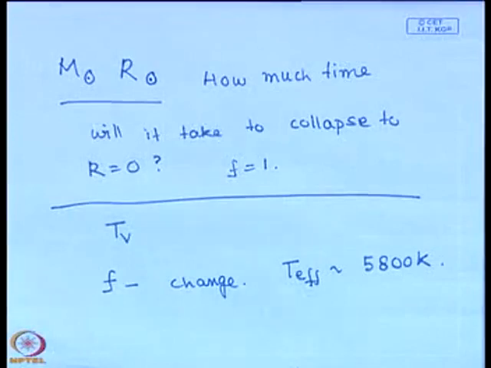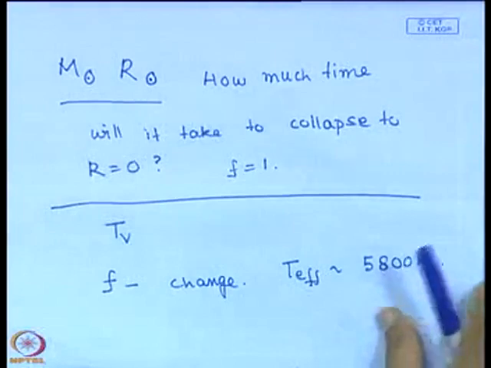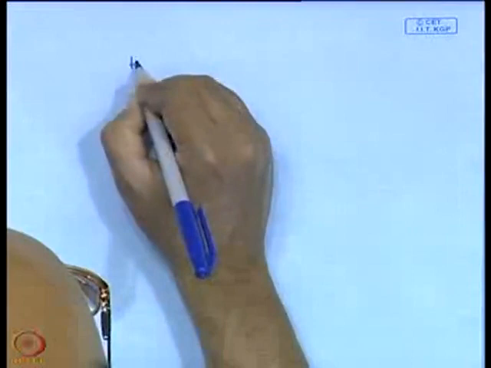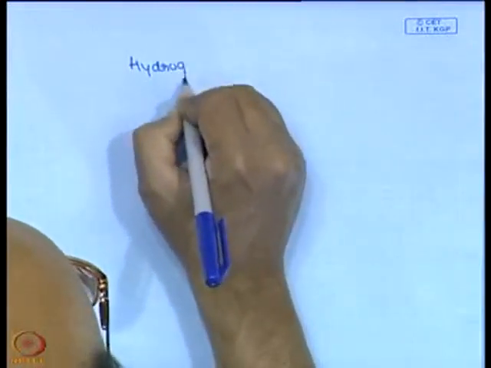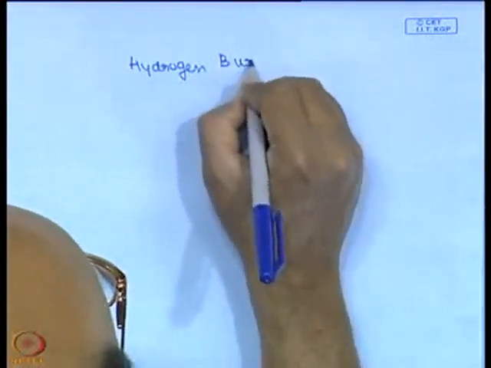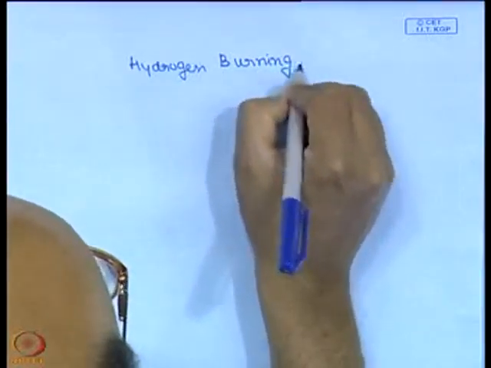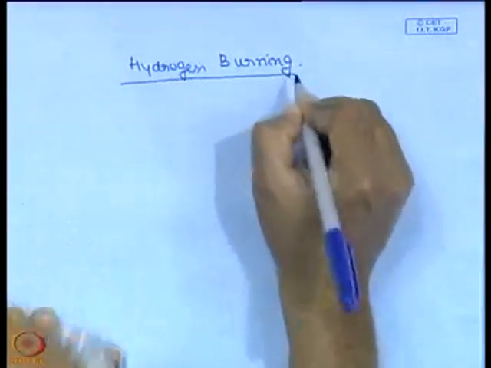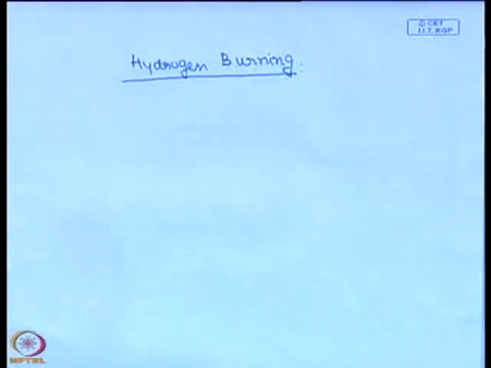The next problem that I am going to discuss, I have mentioned this problem, it is not something new. The problem is as follows. We will look at nuclear. The previous problem had to do with the virial theorem, the next problem has to do with hydrogen burning. The problem again has two parts. The first part,